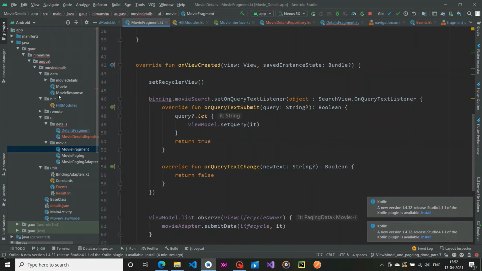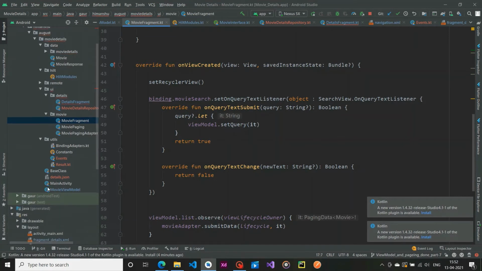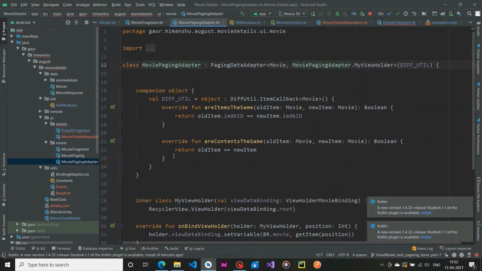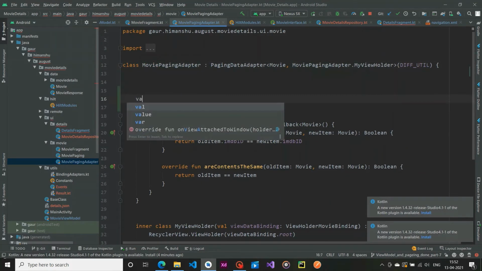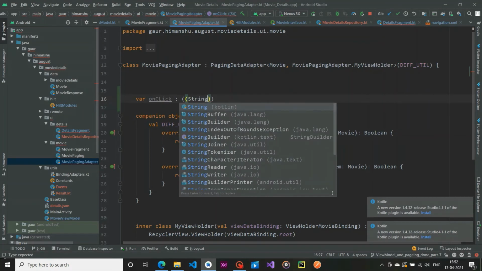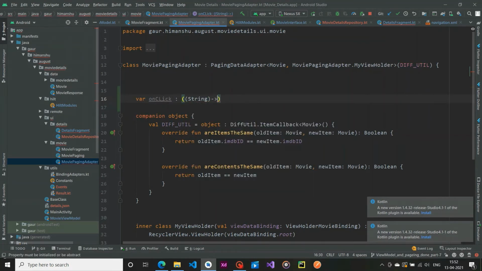So for that go in our adapters, the movie paging adapter, and here just create a var onClick, which is of type function accepting a string and returning a unit, and make this null initially.